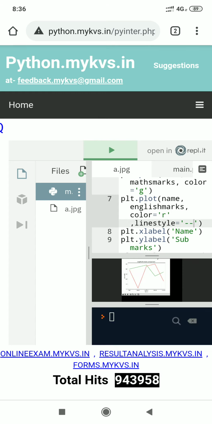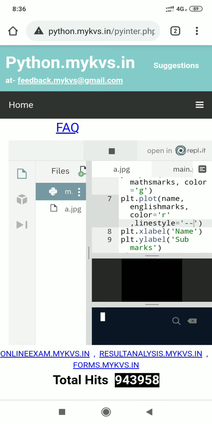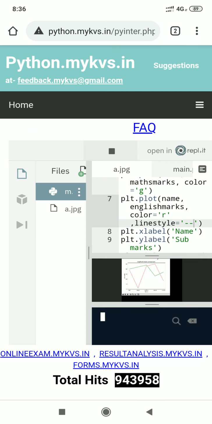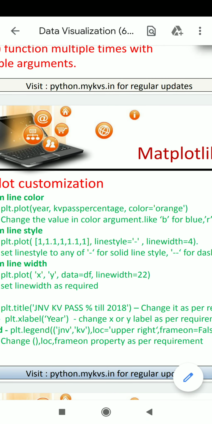Stop this program, and execute it again. Student, the screen is smaller, but you will find that the dashed line is there for English marks only, because we have set the line style for English marks only. So as per your requirement you can make corrections for line style.